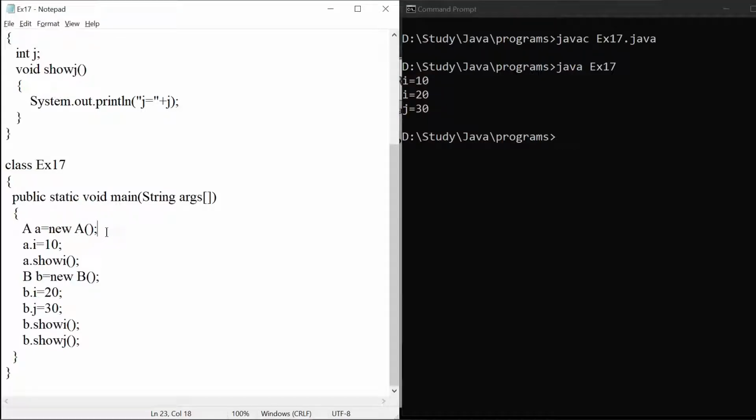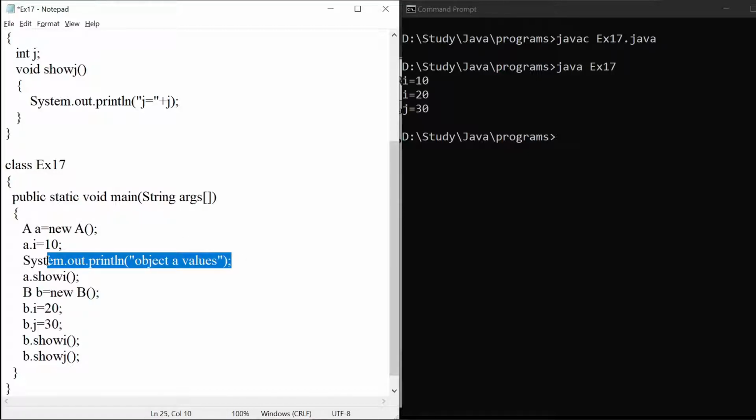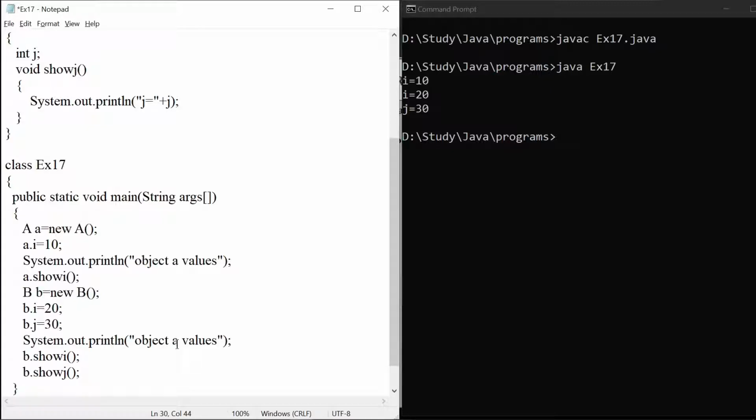For your understanding, we can add one more System.out.println here. We can have one more output statement where we can have object A values, and before this we can have object B values.